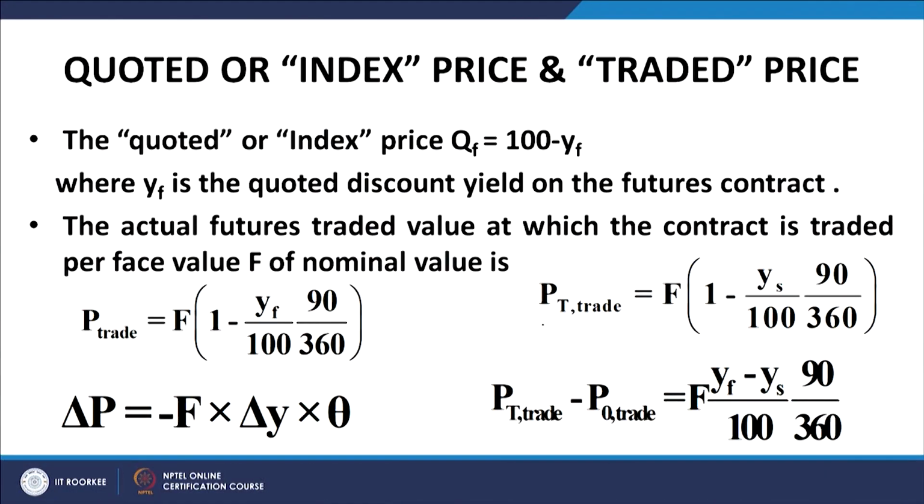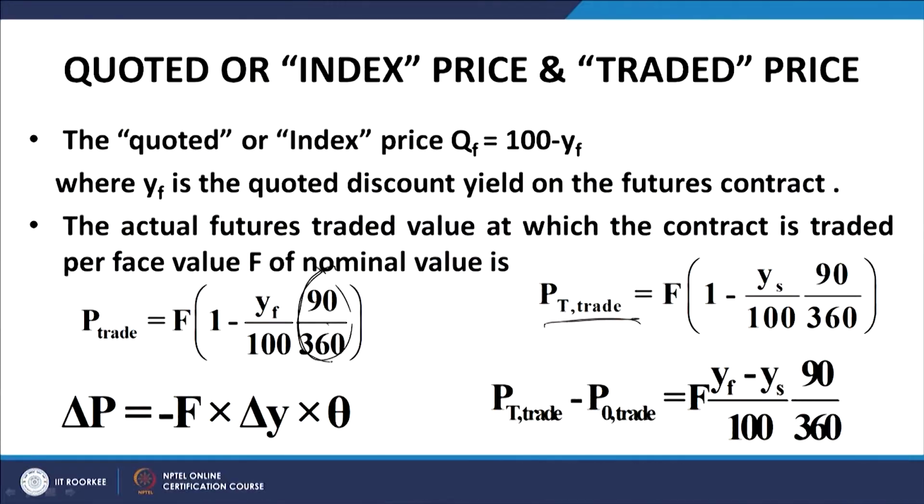There is another issue of the day count or tick size. Let us get into it. We have been discussing that the actual price of trade is given by this expression: face value into 1 minus the futures yield into 0.25, that is 90 upon 360. My emphasis here is again that this quantity,